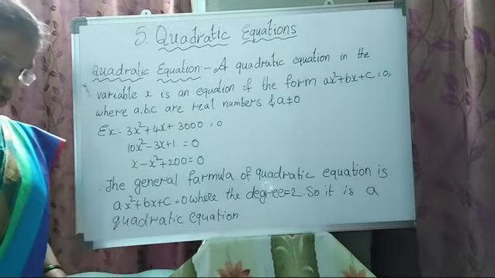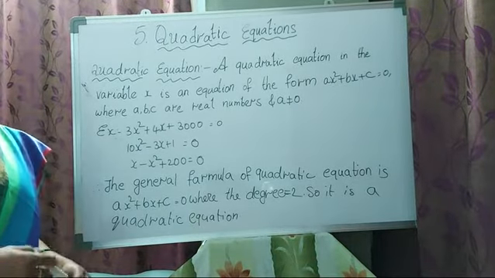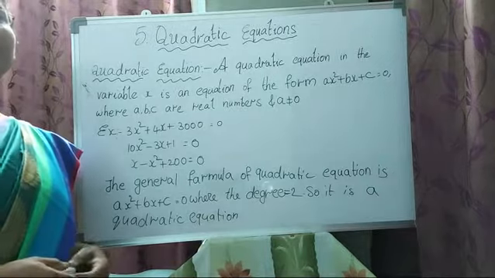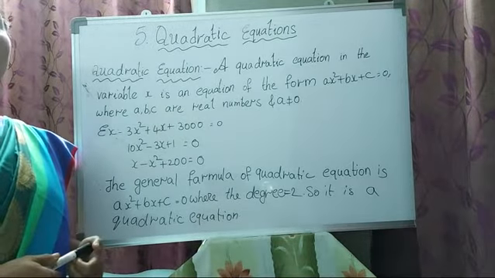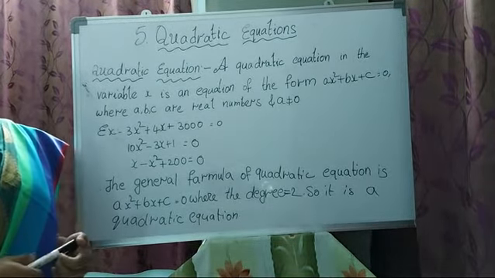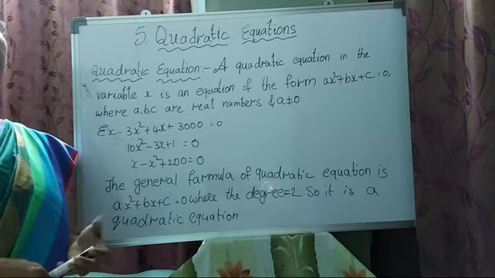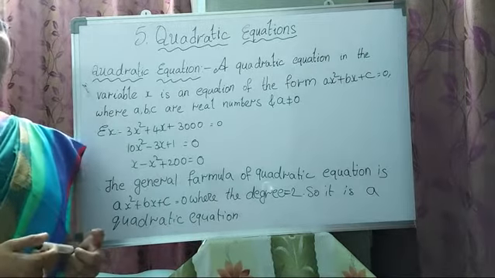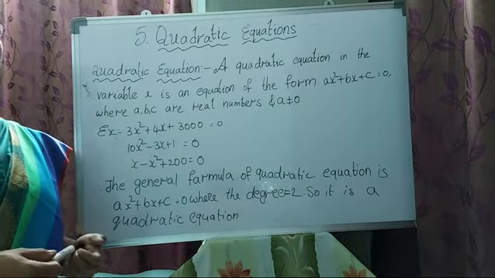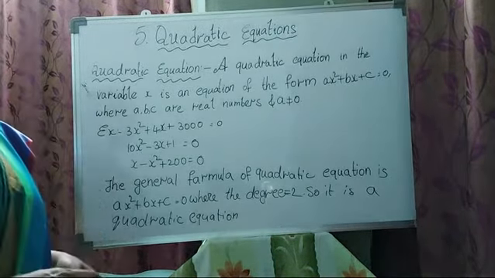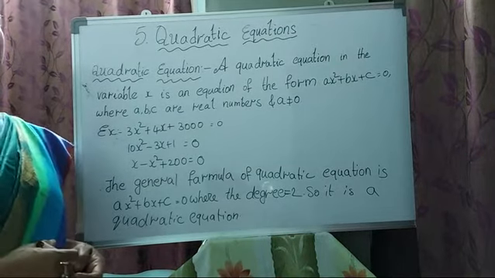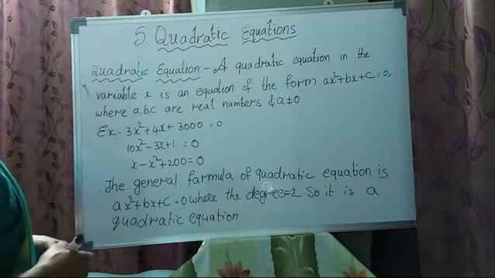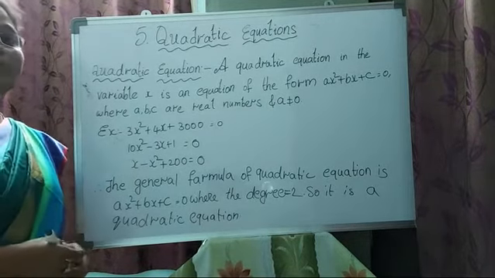Only 4 students wrote the exam. We already completed the sets topic and polynomials also. I kept tests on both sets and polynomials. Yesterday you wrote the test on polynomials. Some children performed well, but some children didn't write the exam at all. That is very bad. At least they should try. Some made small mistakes, but no problem, they can cover them.